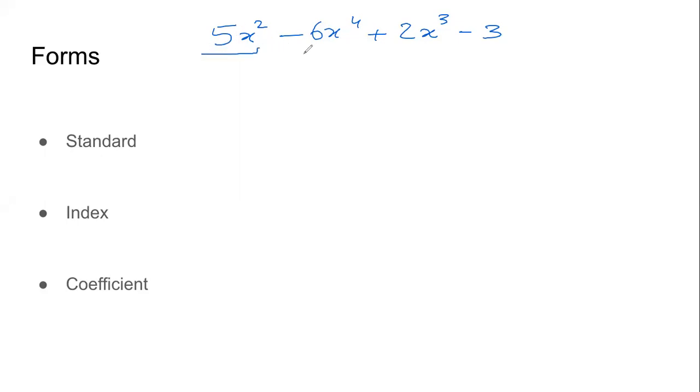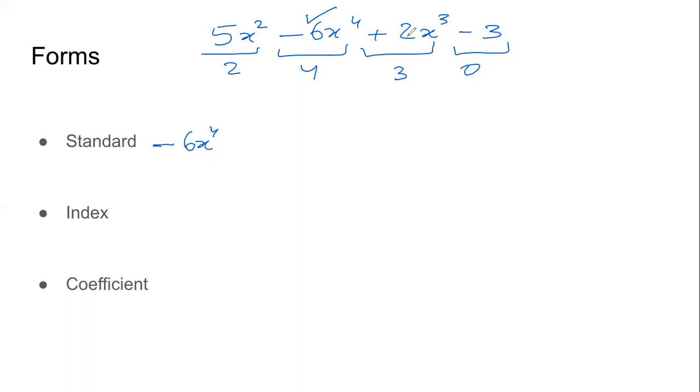So we need to know the power of these terms. 2, 4, 3, 0. Highest power is 4. So we will write that term first. So minus 6x4. And this is where our knowledge of what the coefficient is comes to play. If we say that the coefficient is just 6, then we will forget the minus. The coefficient is not 6. Coefficient is minus 6. The term is not 6x to the power 4. The term is minus 6x to the power 4. First one is done.